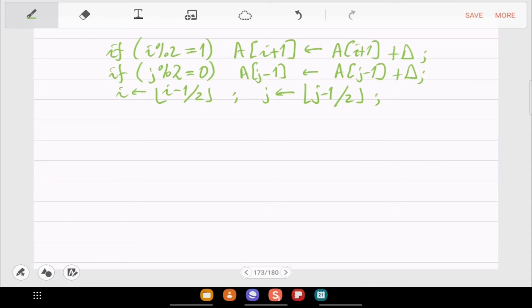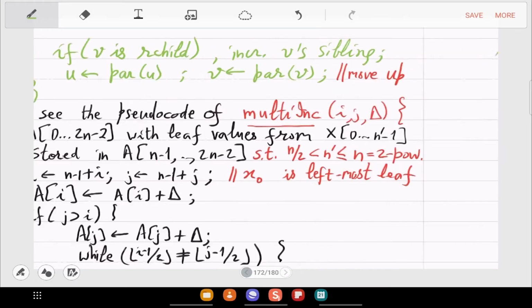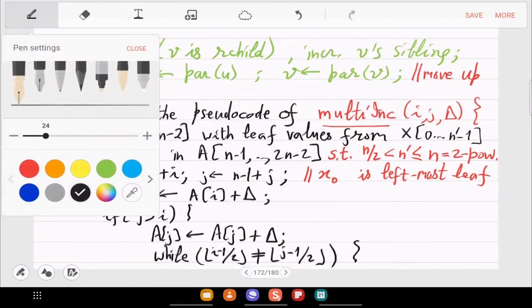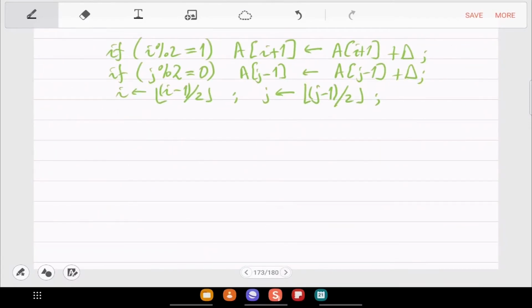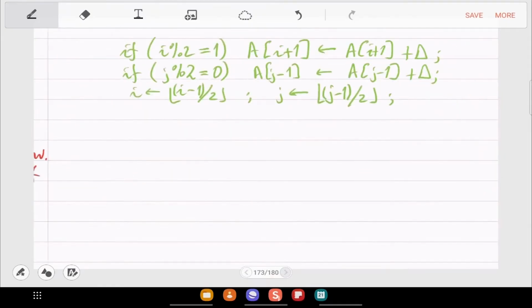So, well, technically, to use parenthesis, okay, so this I think finishes some part. This is the while which is done.